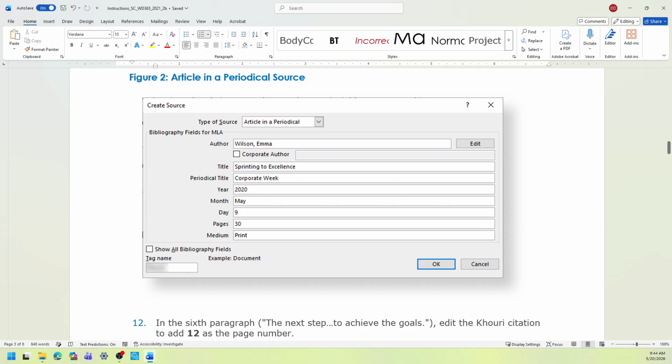This time, it's going to be an article in a periodical. The author name is Wilson Emma, and the title is Sprinting to Excellence. Periodical title is Corporate Week. Year is 2020, and then month is May, day 9, pages is 30, medium is print.